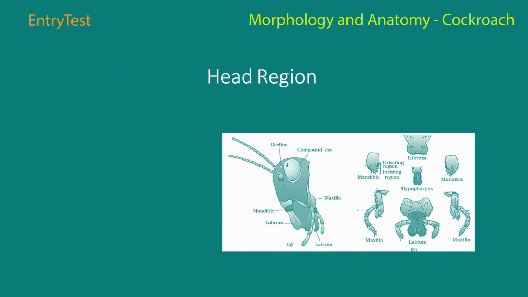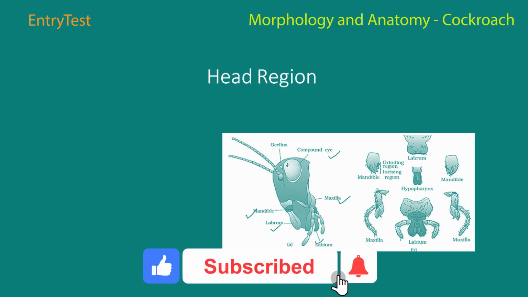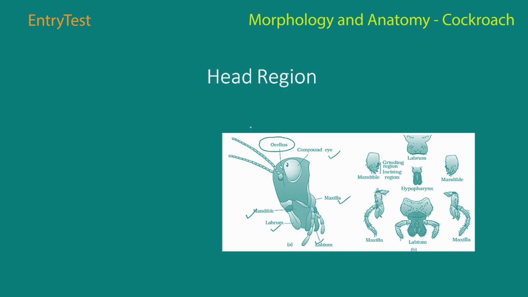So over here you can see the compound eyes there. The jaws of the cockroach, the mandible and the maxilla, the cavity called the labrum and the labium, which is the upper and the lower lips. And finally, you have an ocellus as well. And there's also a kind of structure that acts as a tongue that's called the hypopharynx. It's a flexible lobe that is within the cavity that is enclosed by the mouth parts.